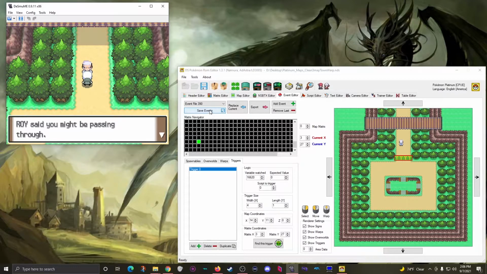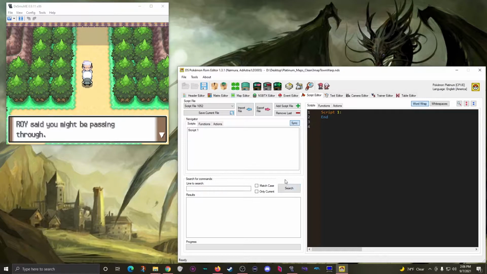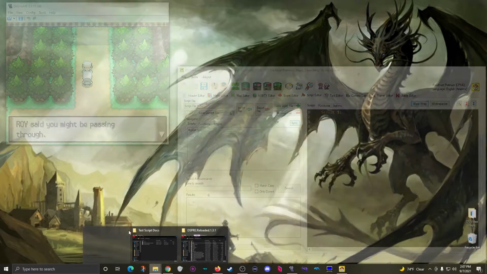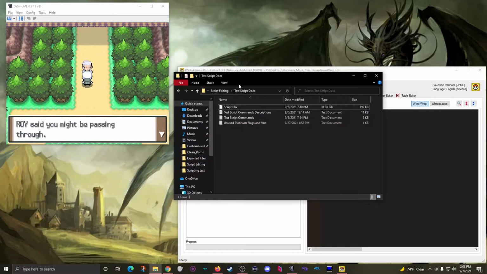So we're going to save our event, so we don't lose our progress for anything. Just do a quick scroll. Okay, they're still there. Now I'll head back to the header, and then come back to the script file. And the time has come to insert my commands. Now, as I mentioned before, I've included some files to make things easier for you. First, I have the Excel spreadsheet I showed before,